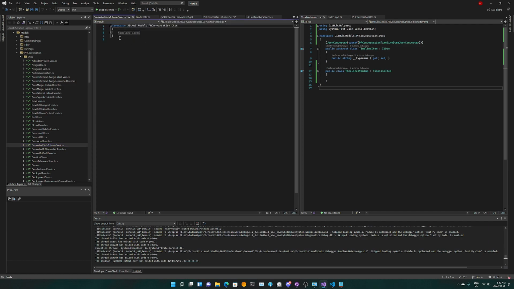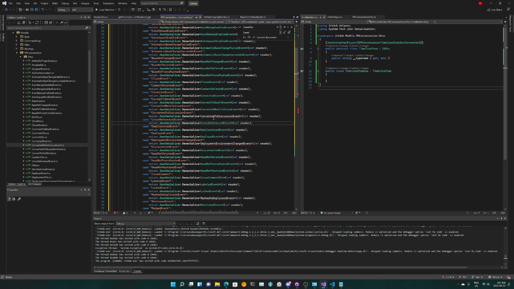Okay, let's go into it, open it, and it's not even that big of an event. It basically just extends from the base event, and that's it, right? Convert it to discussion event, and what I have is converted to discussion, which is a typo on my part.